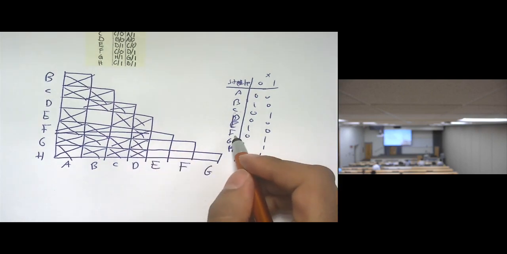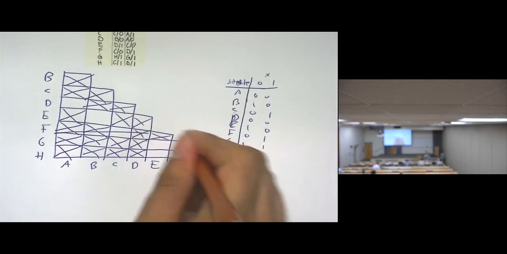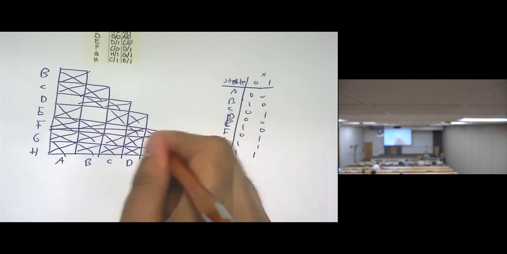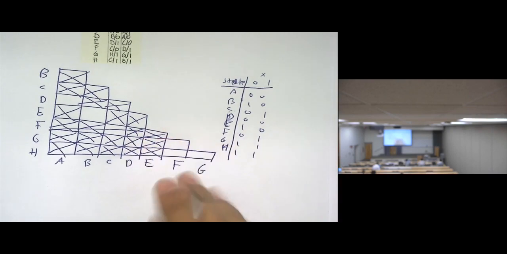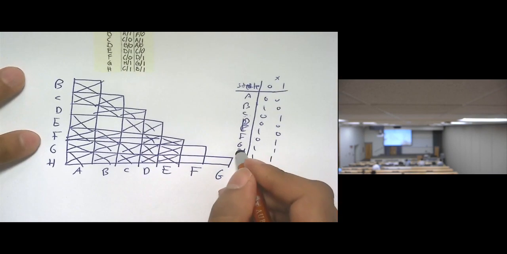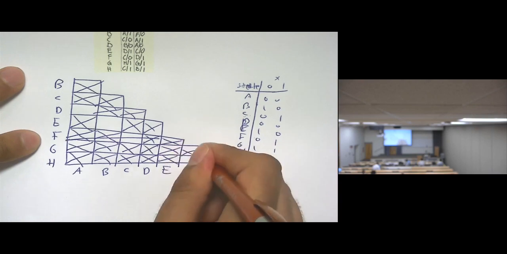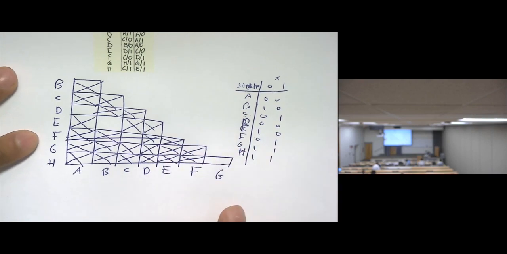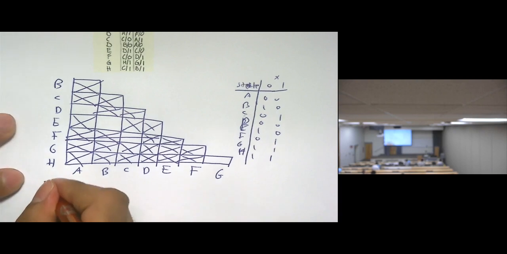E and F, no. E and G, E and H. How about F? F and G, no. F and H, no. How about G? Yes. Okay, so the next step, let's draw the state table